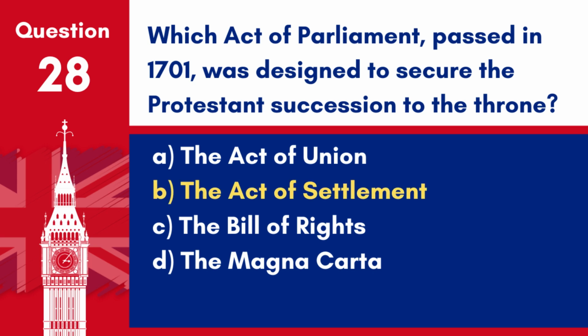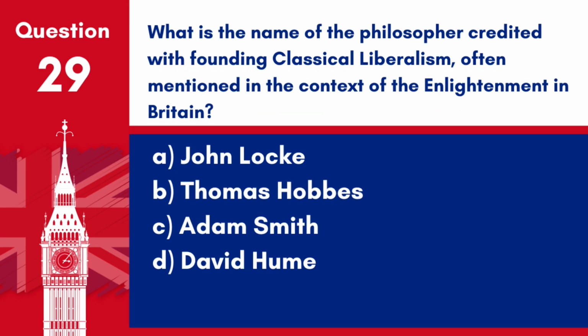Answer B. The Act of Settlement. Passed in 1701, the Act of Settlement was designed to secure a Protestant succession to the British throne. Question 29. What is the name of the philosopher credited with founding classical liberalism, often mentioned in the context of